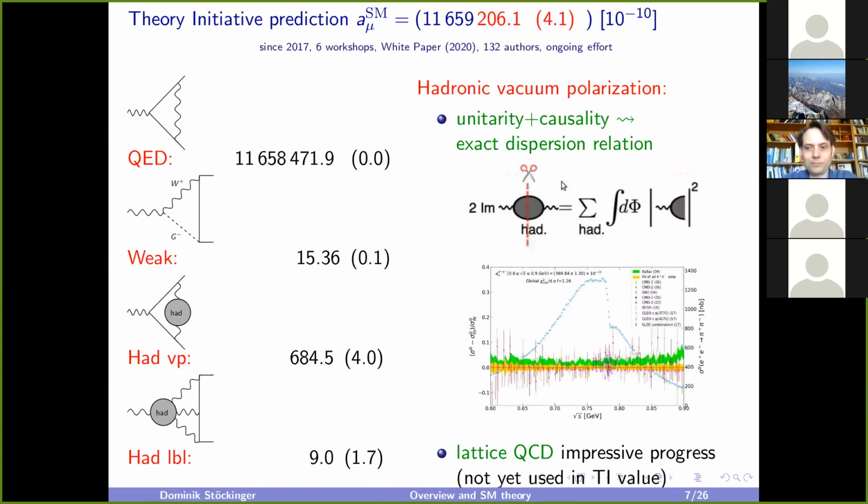You are showing data from 600 MeV, right? Mm-hmm. And how about below the 600 MeV? You are still using that, but it's too small. Okay, this is just an example plot. I took this example plot also from Thomas Teubner, which is the plot of the data region which is particularly important and particularly crucial, it gives a large contribution to the g-2.